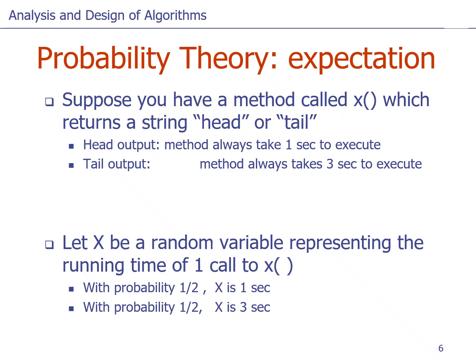Now, since there is no bias in the method X performance, half the time I will get head and half the time I will get tail. So if I would like to use big X, the random variable big X, to represent the time, not the output, but the time it takes to call the method X,